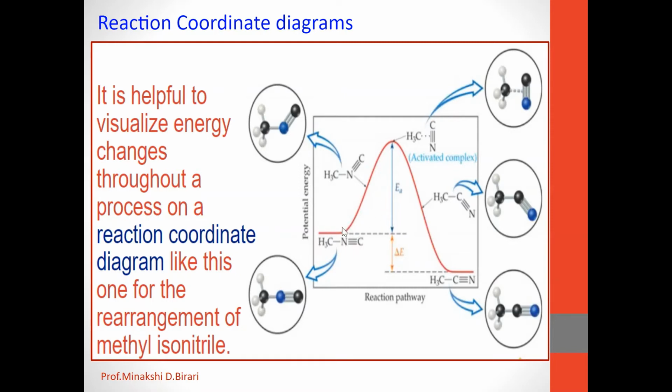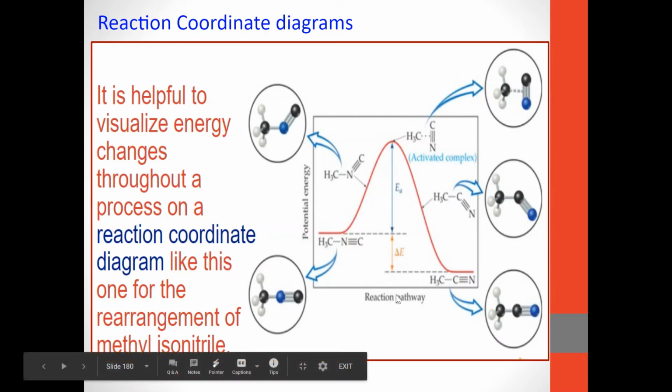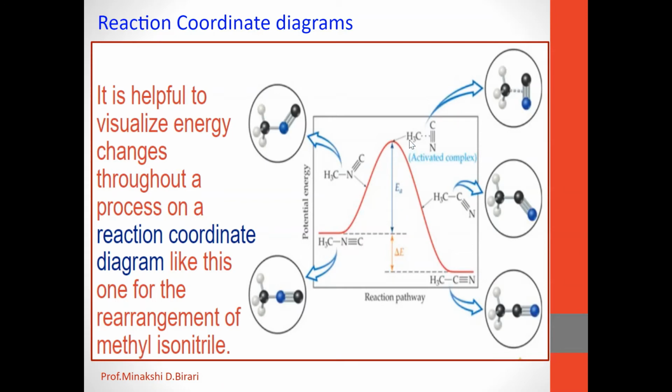These are the reactant molecules, with potential energy on the y-axis and reaction coordinates on the x-axis. The reactant molecules acquire the energy of activation and go to the transition state, which is called the activated complex, and that activated complex or intermediate is further converted to the final product. So the fraction of the total number of molecules that is activated increases rapidly with temperature, and hence the rate also increases.